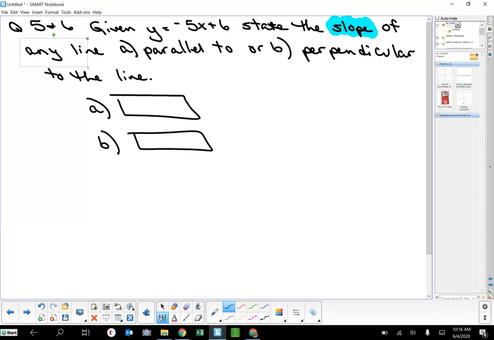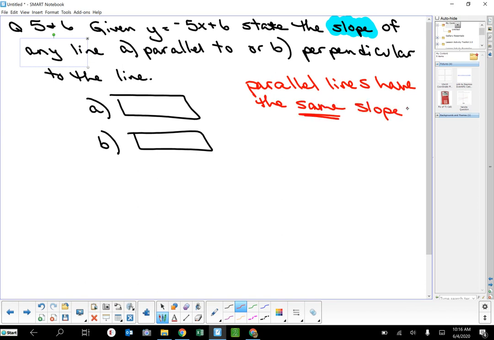So quick reminder, we talked about this earlier, but parallel lines have the same slopes, right? And so if you know, here's the equation of the line. From that equation, you know the slope is -5. And so any line parallel to it is also going to have a slope of -5, right? They're exactly the same. And perpendicular slopes